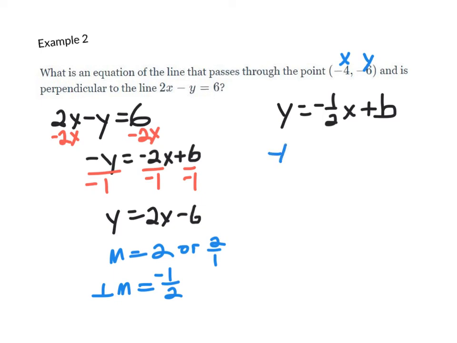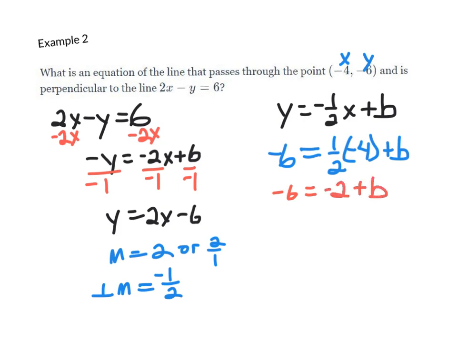That means y is equal to negative 6 when x is equal to negative 4, and then plus b. All right. Well, if we work this out, this says negative 6 equals, and then 1/2 times negative 4 is negative 2